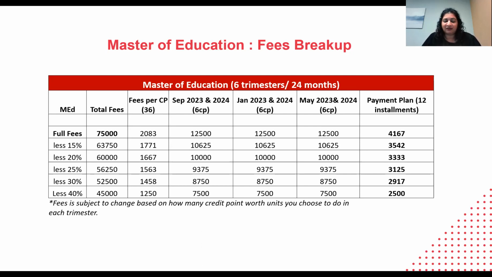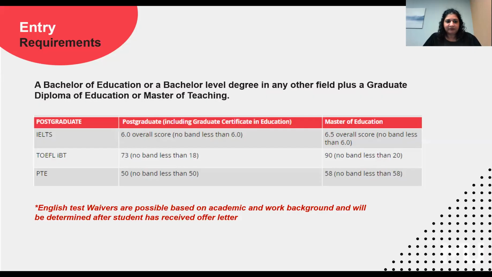a lot of our Master of Education students are extremely experienced, very good in their bachelor's. They have amazing marks and they're able to get 40%. So that's not very rare. In other programs, it's rare, but in Master of Education, most of our applicants are able to get a 30 or a 40%. So if that's the case, then the initial payment would be 2,500, which you pay like 6 times in a year, which I think makes it extremely competitive and reasonable for a master's degree. So that is possible as well.